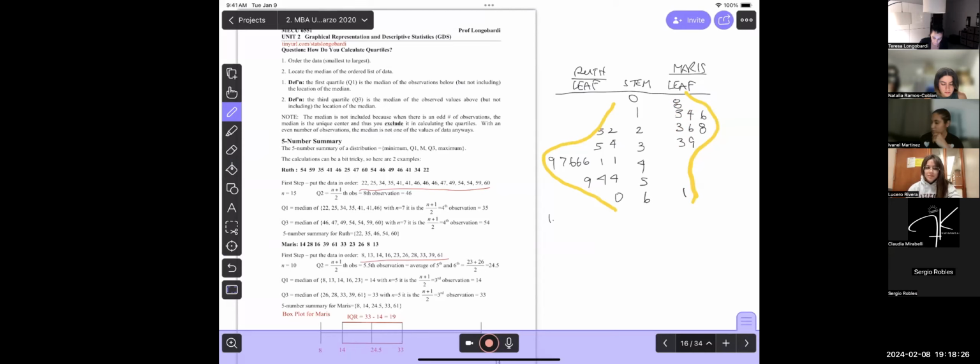So one was shape. What is the shape for Ruth? What are the options? Symmetric or not symmetric, or symmetric or skewed? What is Ruth? You have to look at this and twist it like this. Is this symmetric? What does the curve mean again?